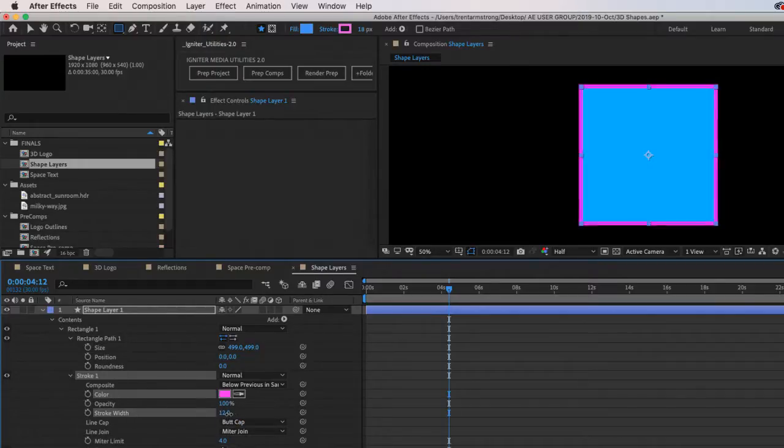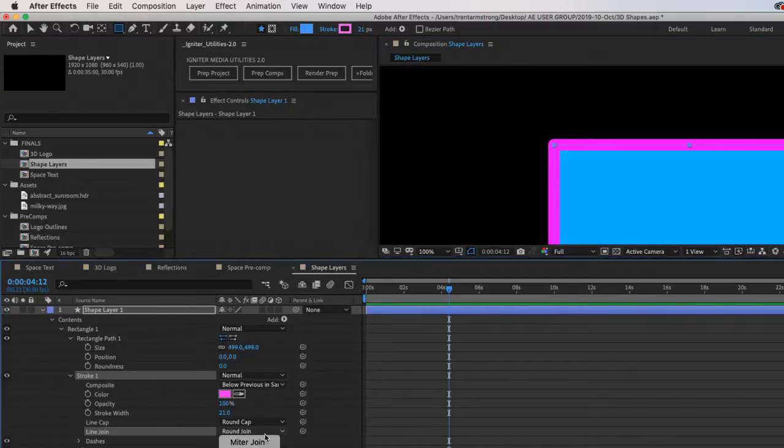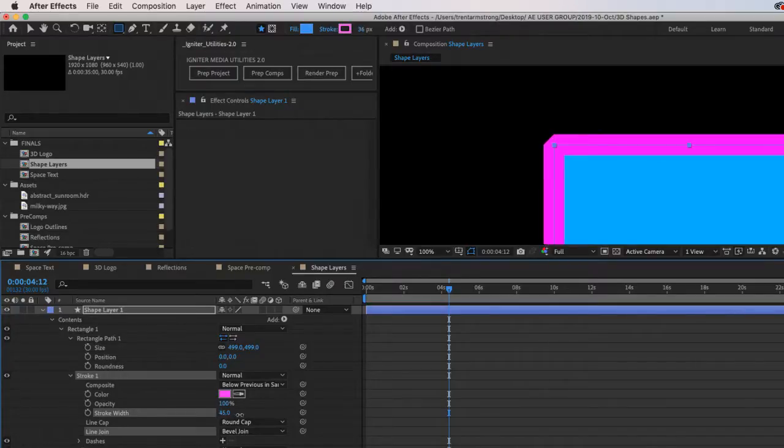All right, so I've got my stroke. I can put that on there, and I can do rounding, round join, so it's doing a rounded edge on my stroke. It's sharp here and then round here. Bevel, that's kind of the chopped off corner, right?